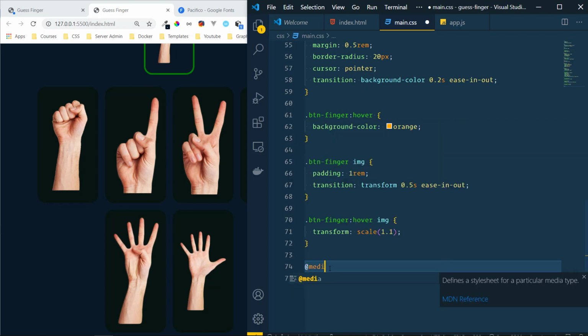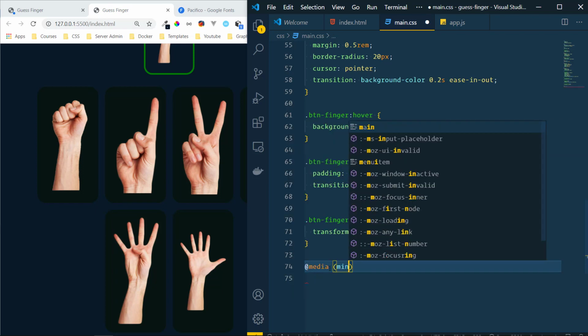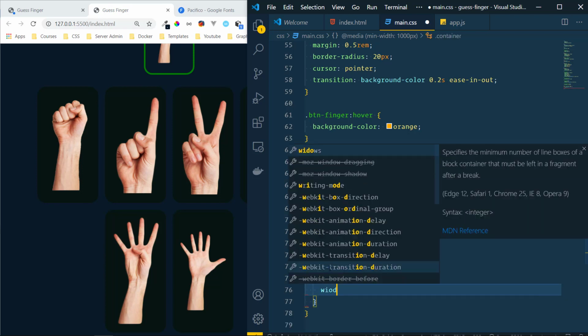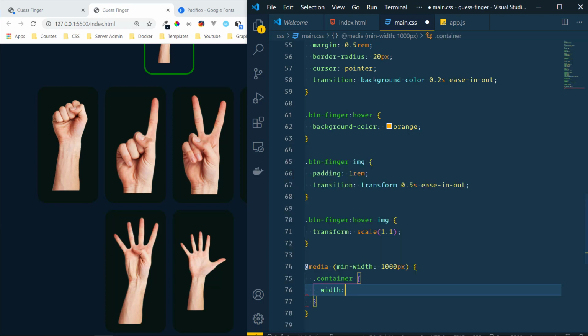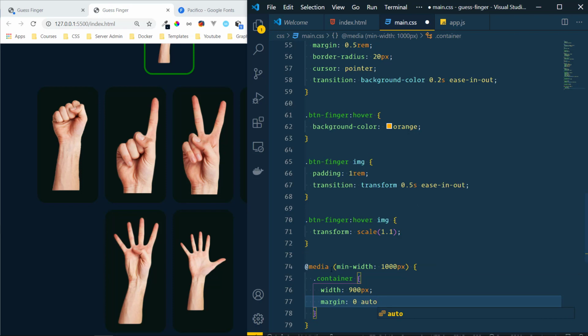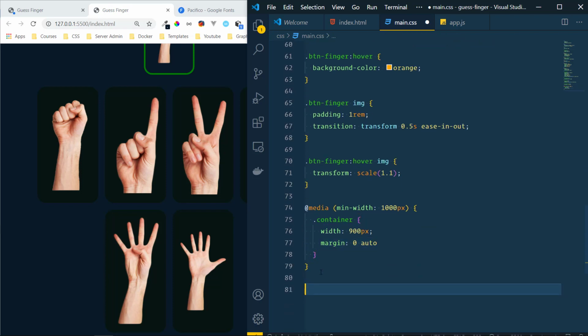So in the media query, min-width of 1000 pixels, we want the container to be a width of 900 pixels, and we want to give it a margin of 0 auto. So when we are also in the min-width of 800 pixels, we want to give the container,